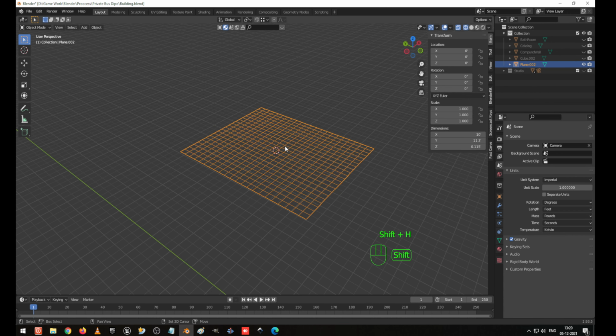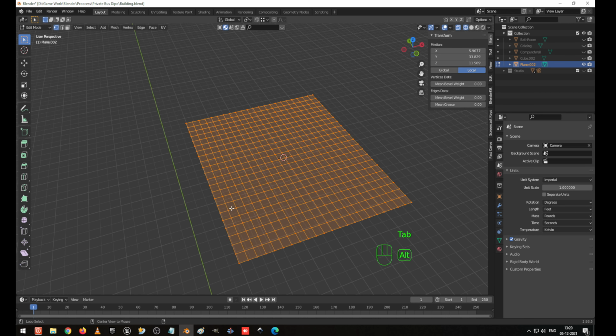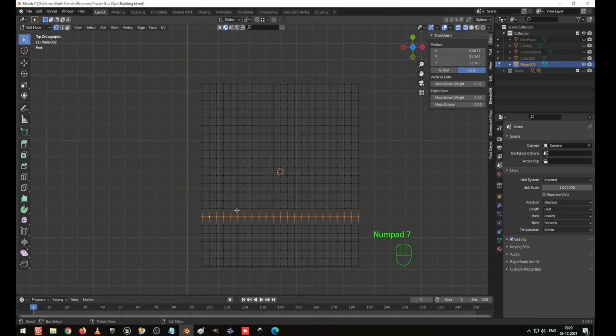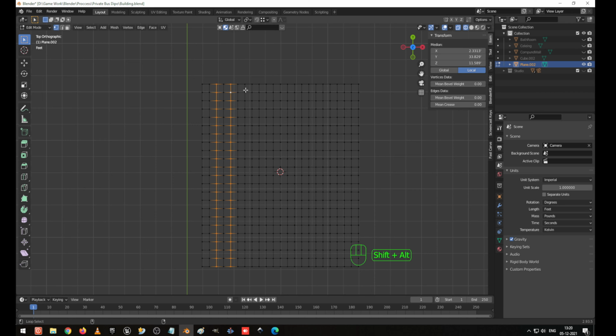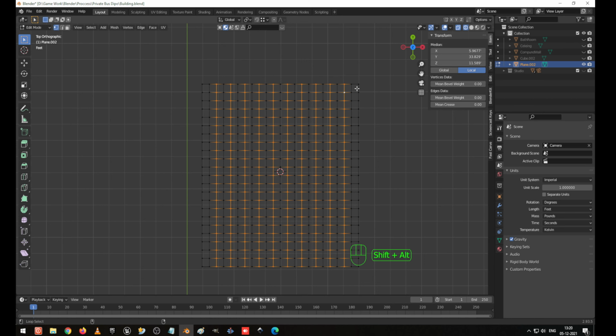So I press Shift H to hide everything. And now go to the edit mode. So go to the front view, select this one by one. We are going to select that. So one by one. So we are leaving one by one. So I am selecting like this.